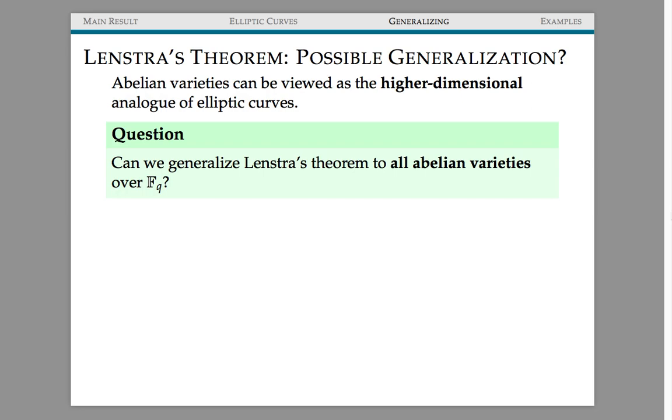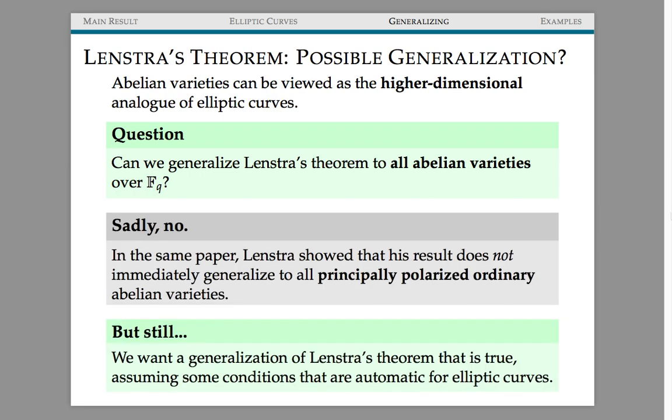So when you hear a theorem about elliptic curves, you can always wonder if the same is true for abelian varieties, because abelian varieties can be viewed as the higher dimensional analog of elliptic curves. So if we ask this question, can we generalize Lenstra's theorem to all abelian varieties over a finite field? Then sadly, if you're reading Lenstra's paper, you can't even get to the end of the paper before you find